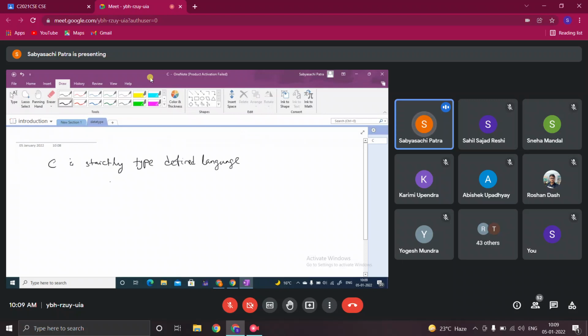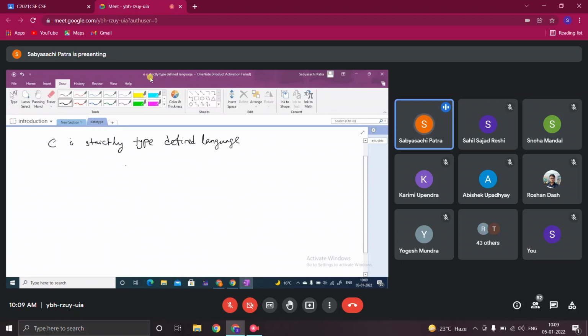That means you need to strictly follow the data types, whichever type of data you are using. There are some languages like Python which do not follow any strict data types, so depending on the input or output you can choose. But in case of C, you need to define the type of data you are using.